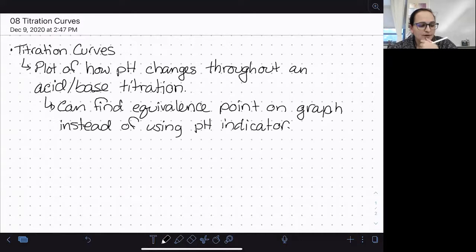So what we are looking for is that near our equivalence point, which is where we typically end our titration,